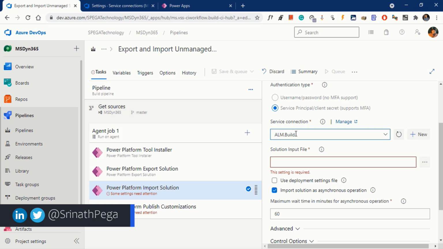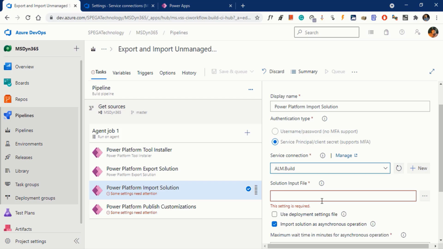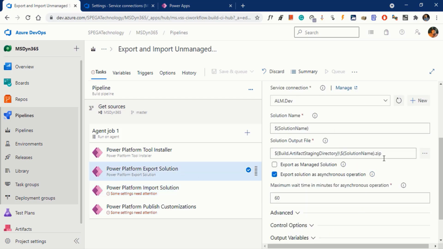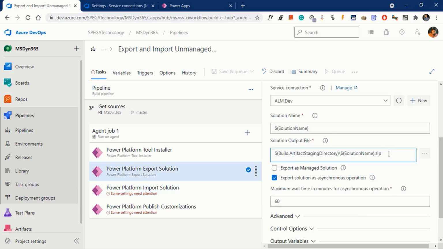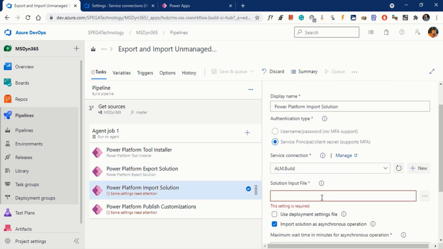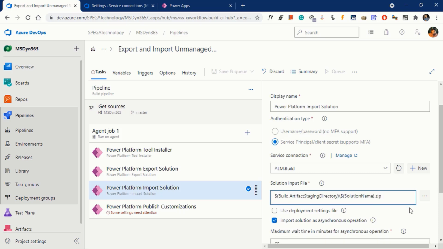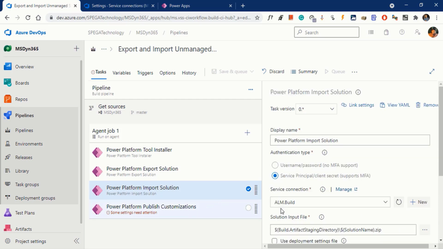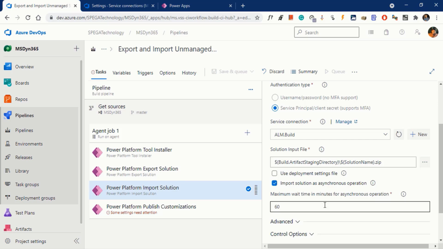So we need to give the path for that file. Let's give this solution path in the import solution task to get the file and import it into the build environment. All attention marks are fixed.